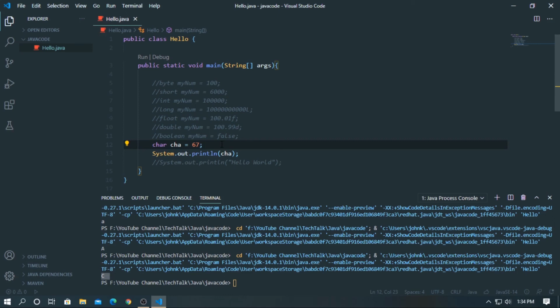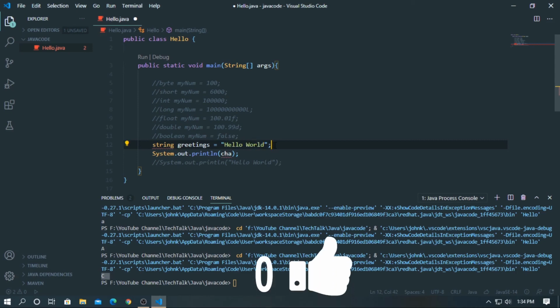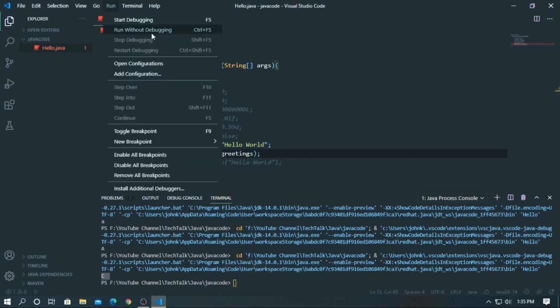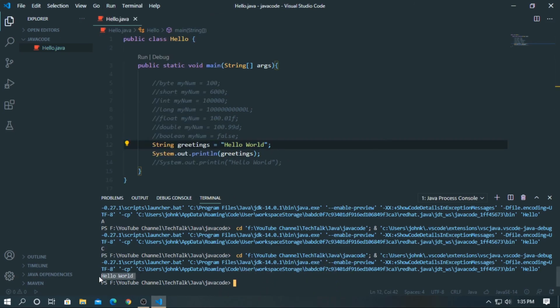String. The string data type is used to store a sequence of characters or text. String values must be surrounded by double quotes. Data type string, variable name greetings, hello world.